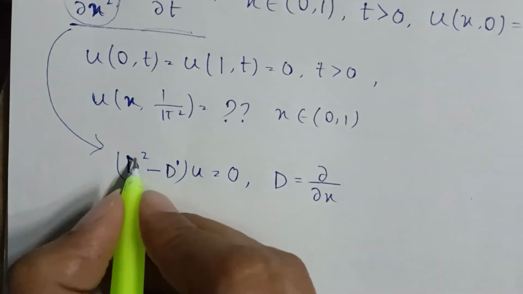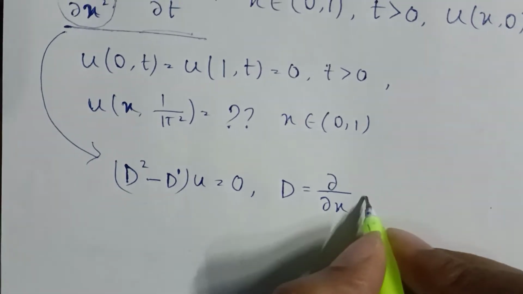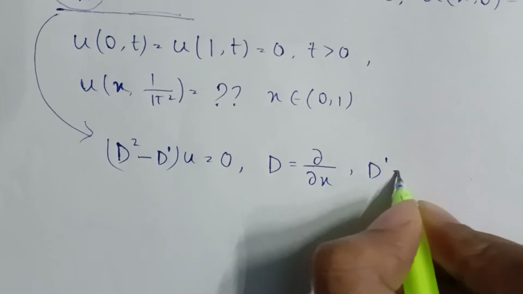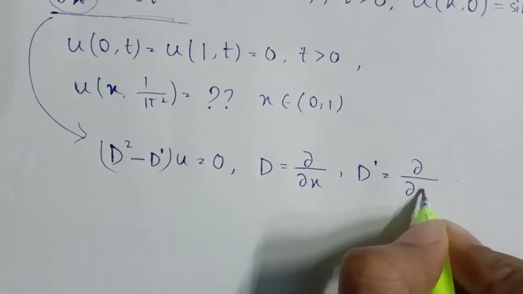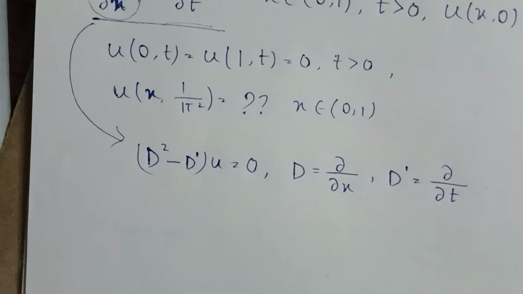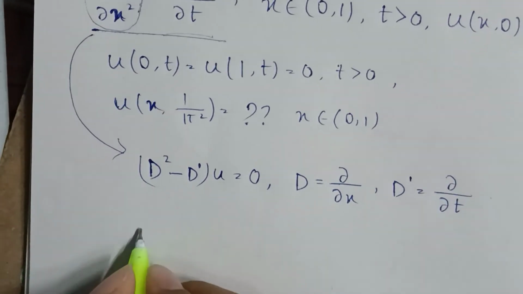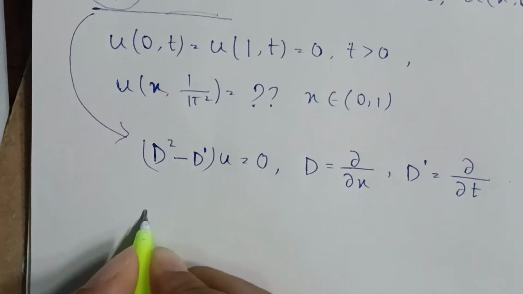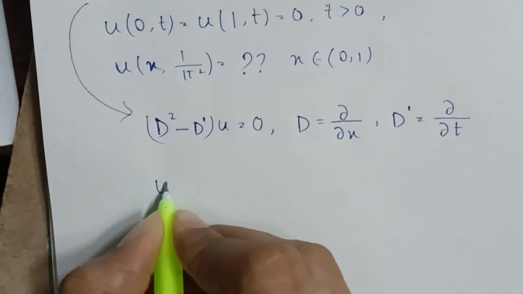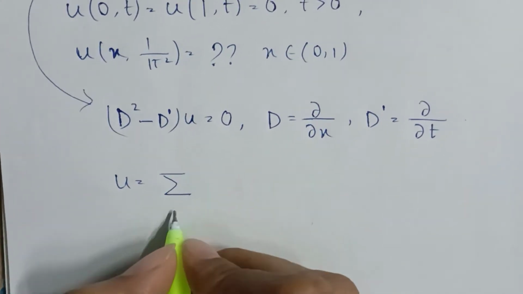Del x. So D squared means del 2 del x2, and D dashed means what? Del t. Okay, so now we know that the general solution for this is u is equal to summation over